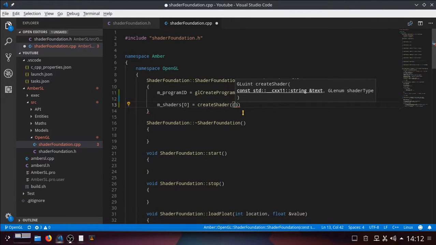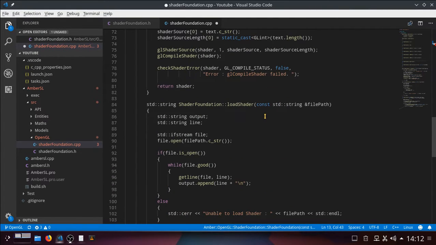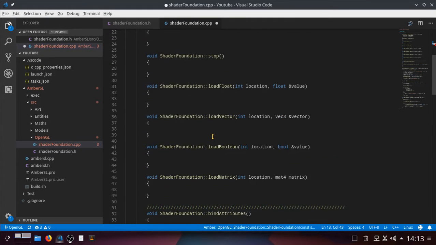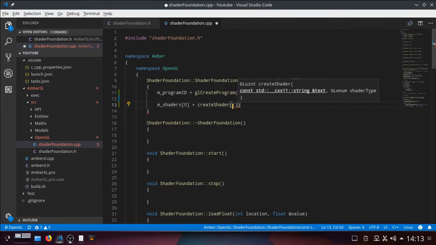Do apologise. You can't create the shader without loading the shader, can you? So that string of text is actually the return value of load shader there, which is returned as output. So we can use that here. So where we're going to be passing into create shader a string of text, that string of text is the shader itself. That GLSL stuff. Oh yeah, I can do that. Yeah, we can do that. So let's get my head around that. Yeah, so it'd be load shader,